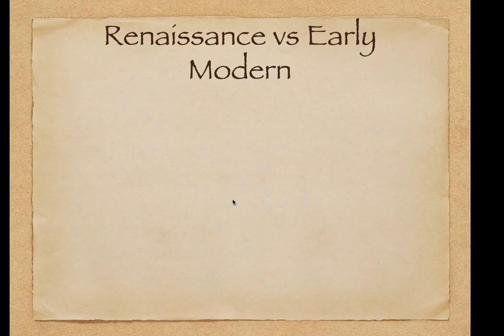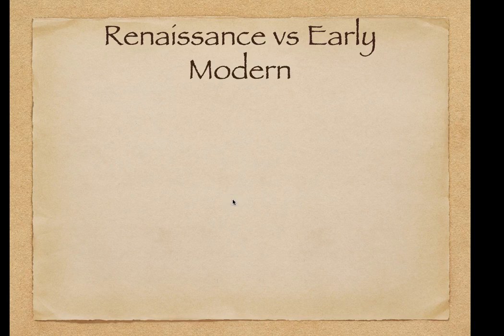I'd like to start off with a brief word about terminology. In the next few units, you'll likely hear me refer to this time period, roughly 1500 to 1700 in England, as both the Renaissance and the early modern period. Since we're at the start of a new volume of the Norton, it's time to frame the terminology, just like we did with Anglo-Saxon versus Old English or early medieval.